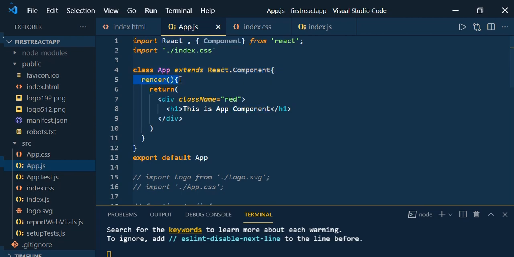This render method is responsible for taking the input and returning the output that is going to be rendered on the UI. That's why you are returning here. This is about how to create the component, export it, and render it on the UI. This is a very simple component actually, and we'll see more on components in upcoming sessions. Thank you for watching.